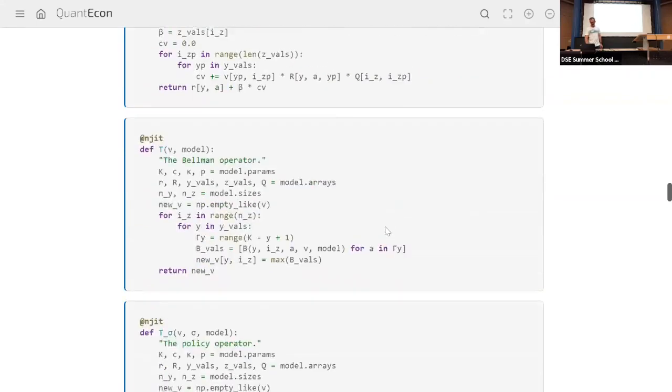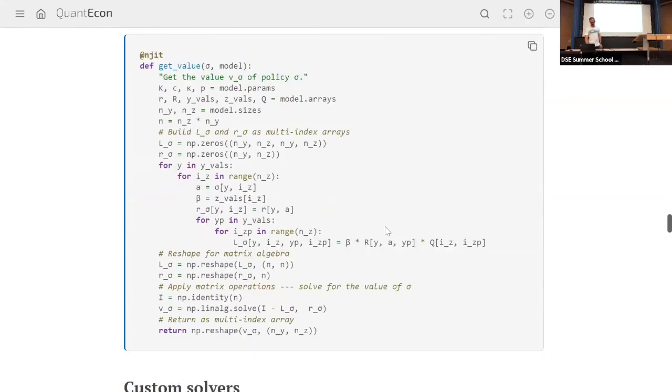So get value in this particular case, let me answer your question directly. This is the get value function, and here I'm doing it by inversion. Oh, and you could also iterate it until convergence, which is why you said that when M is infinity, it's the same. Yeah, that's right. That's essentially optimistic policy iteration with large M. But here I'm just using np.linalg.solve to invert the identity minus L sub